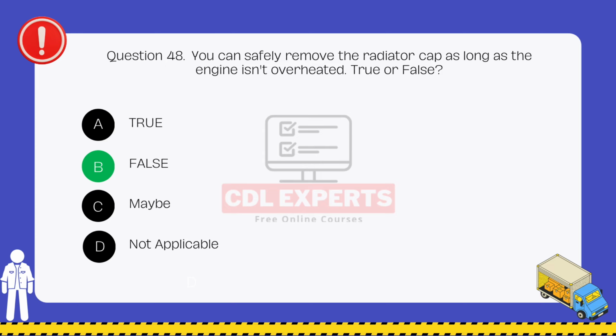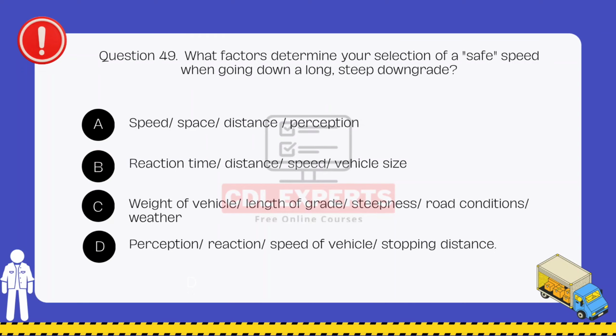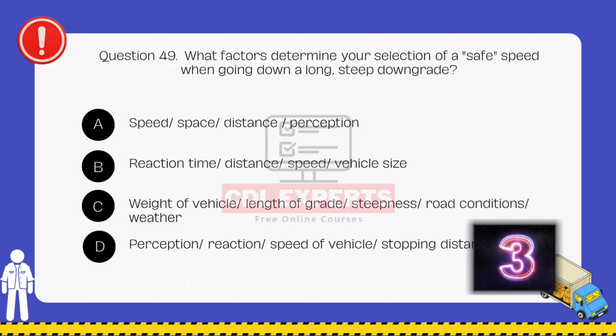Correct option is B. What factors determine your selection of a safe speed when going down a long, steep downgrade? Speed, space, distance, perception, reaction time, distance, speed, vehicle size, weight of vehicle, length of grade, steepness, road conditions, weather,